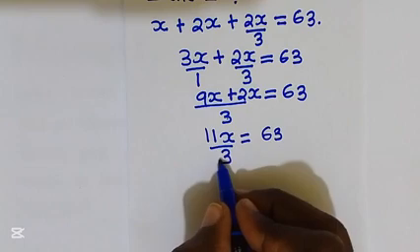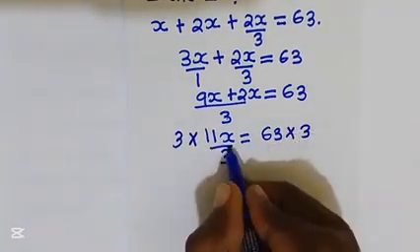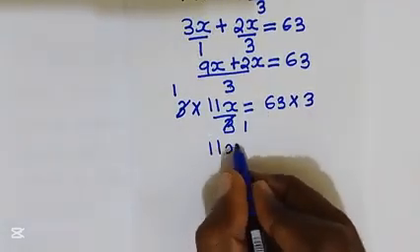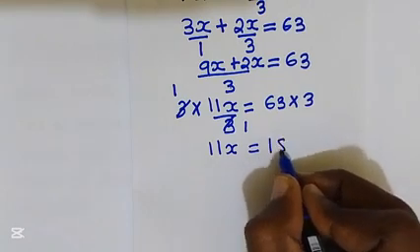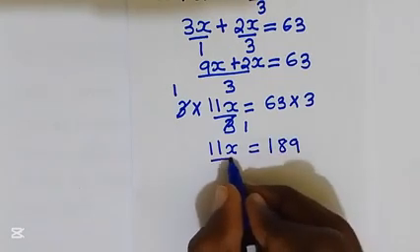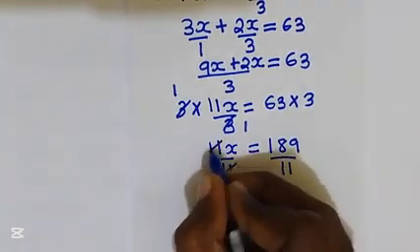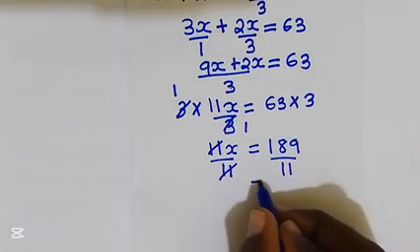Multiply by 3 throughout. 3 over 3 is 1 on the left, and 3 over 3 is 1 on the other side. 11x is equal to 189. I'm going to divide by 11. 11 over 11 is 1, and 11 over 11 is 1. 189 divided by 11, we get